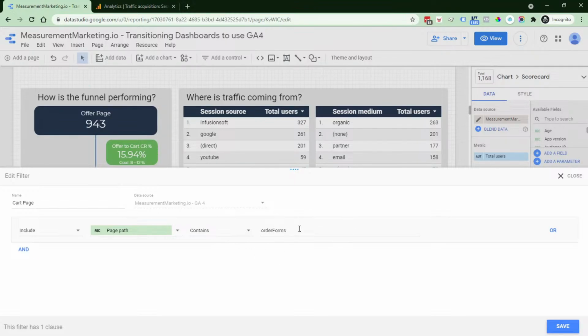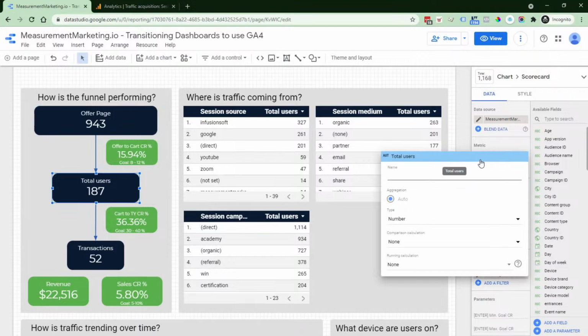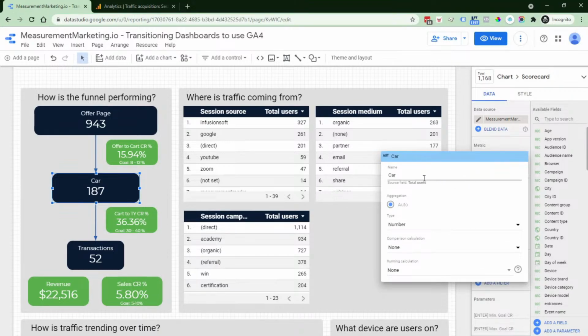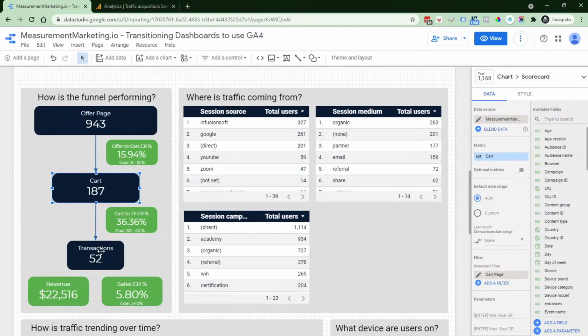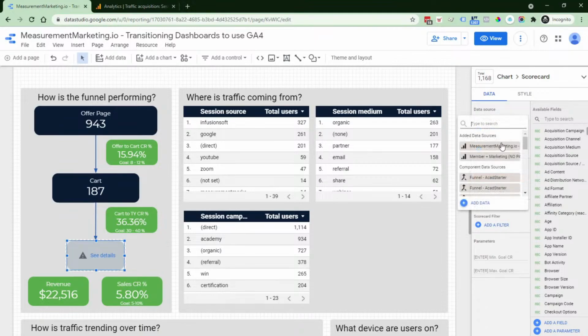Otherwise, I would normally have it very specific, saying a very specific order form. But in this case, we're good to use this right here because we don't have any other order forms. But this is how you would say a cart page, exact same concept of what you did here with your Academy offer page. So we're going to go ahead and save that. We will rename this to say cart. And now we have a few more steps to go, and then we have transitioned our entire dashboard using Google Analytics 4. So we have this one to swap out the data source,